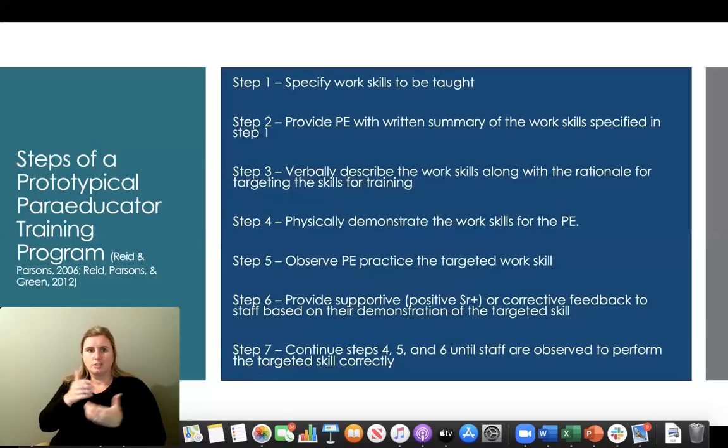So when we're thinking about this specific training program, we're not so much talking about, okay, I'm just going to show you or tell you about the skill that you're supposed to be teaching, explain it to you, model, rehearse it, watch you rehearse it, give you some feedback, and then done deal. We also have to make sure that we continue the training program until mastery of a specific target skill has actually been achieved.